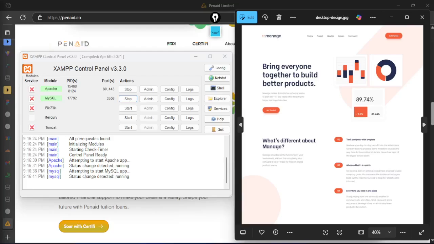All right, so this is what we're going to be working on today. We're going to start with this design. So imagine someone reached out to you that they need a website where they can showcase what they are doing,